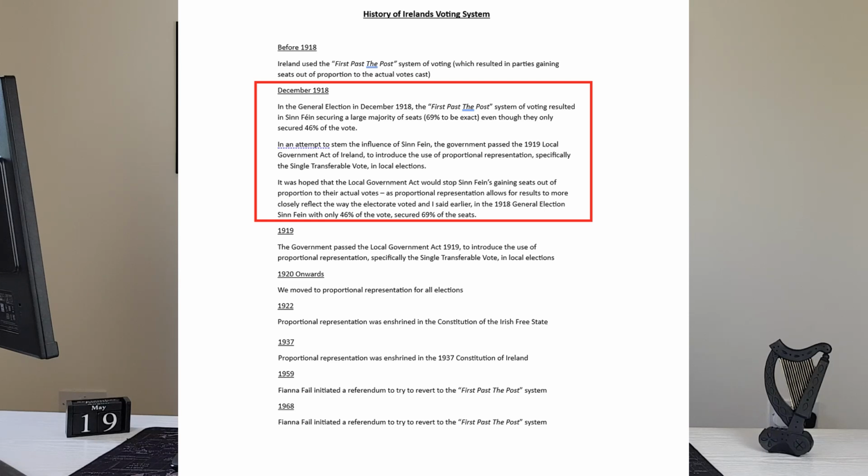It was hoped that the Local Government Act would stop Sinn Féin gaining seats out of proportion to their actual votes, as proportional representation allows for results to more closely reflect the way the electorate voted. And as I said earlier, in the 1918 general election, Sinn Féin, with only 46% of the vote, secured 69%